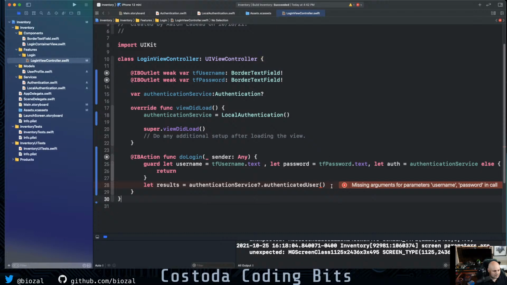this, else return, and now we can just say instead of authentication service and have to do all that null checking. This is how we do it in Swift, so we don't have to check all the nulls and make sure everything's working. A little bit different in Objective-C, which is what I came from. Objective-C for years, and then also did a lot of C# with Xamarin. So a little bit different of a syntax,